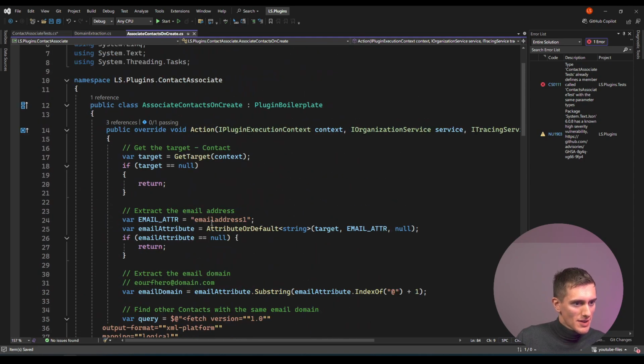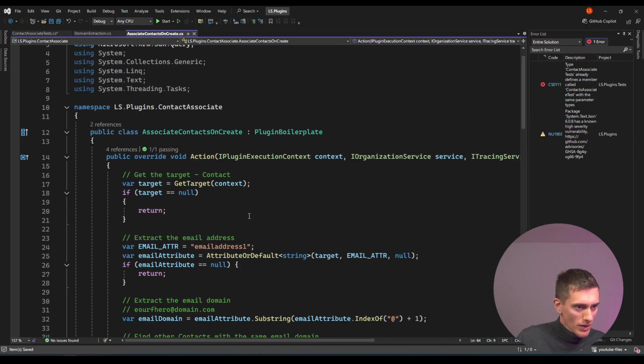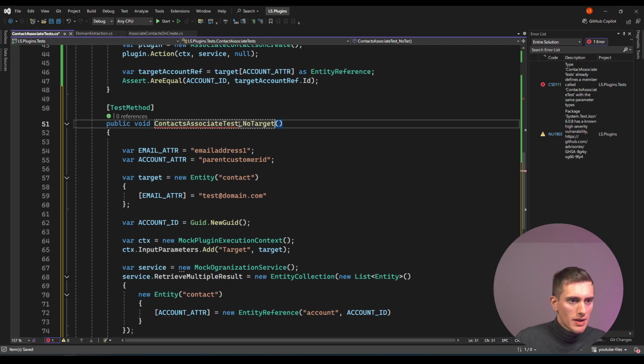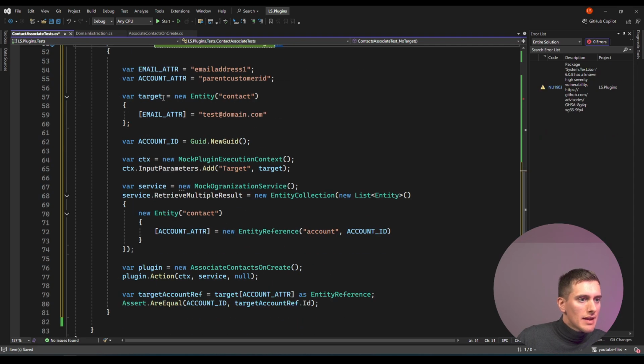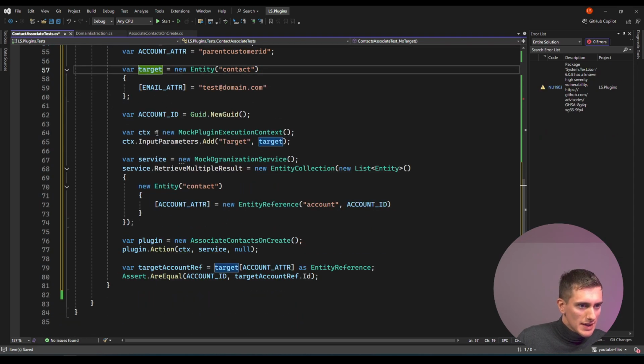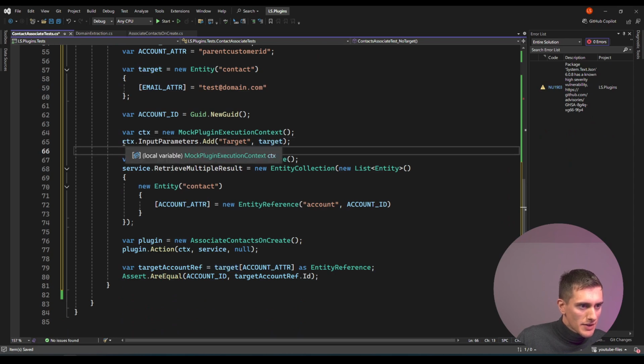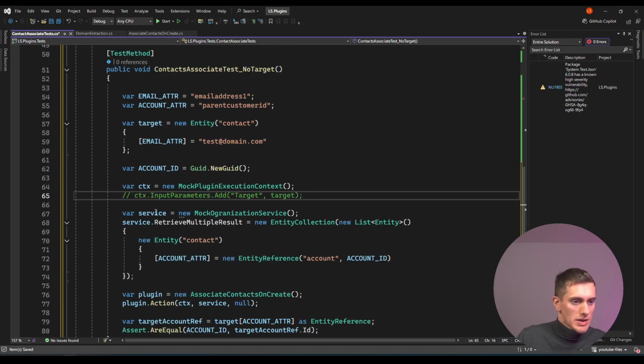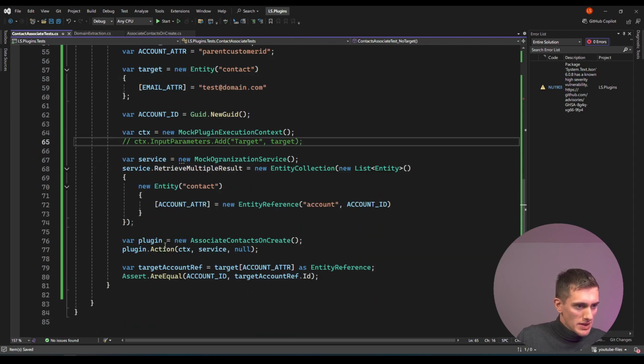There is one edge case that we didn't really handle well. Okay, we can test if the target is null. We can do that straight away. Null target. And so if the target is null, by commenting this line, I'll essentially remove the target from here. And now I need to test that